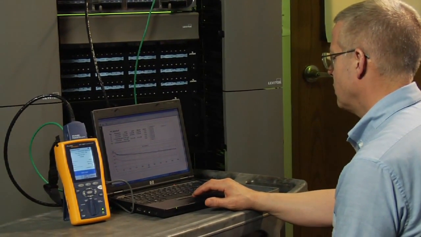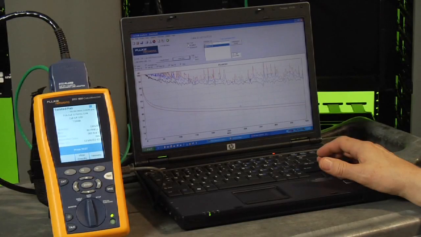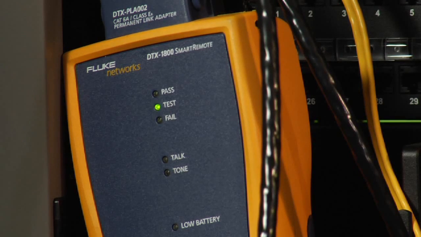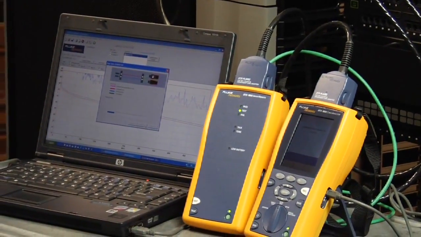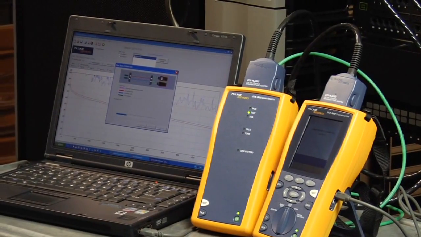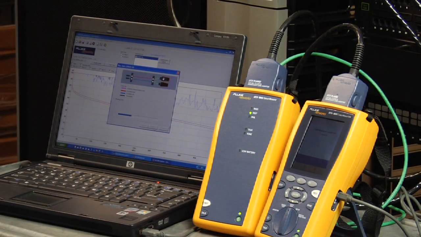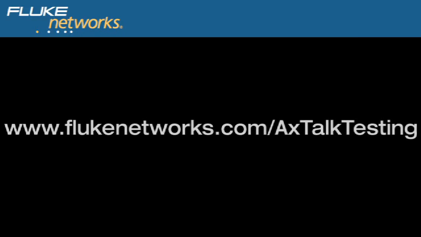You may be wondering, is it necessary to test from both ends for both the near-end and far-end AXT analysis? The simple answer is not always. That is the maximum amount of testing you would need to do, but depending on your application or environment, it may not be necessary. We outline all of this in detail on our Alien CrossTalk recommendations document, which can be found at